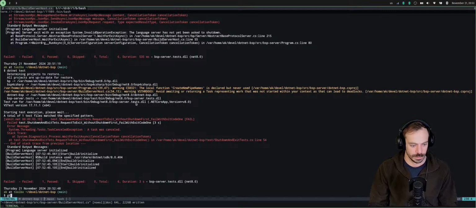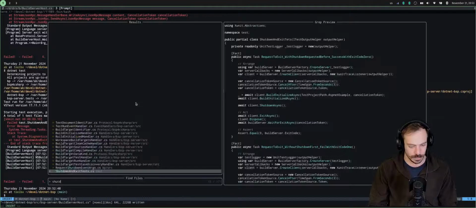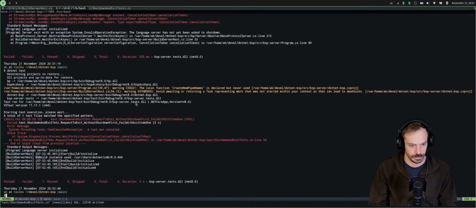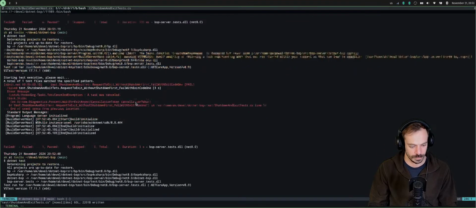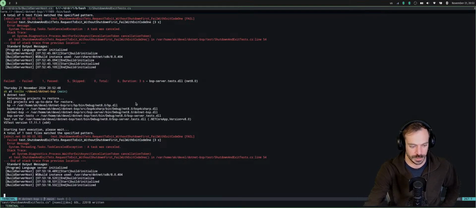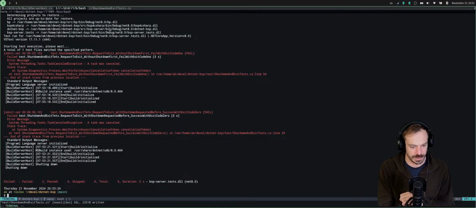Actually, there is nothing in the logs. No. Shutdown tests, and remove this also here. I want to see what happens with both of these tests in the logs. Okay.